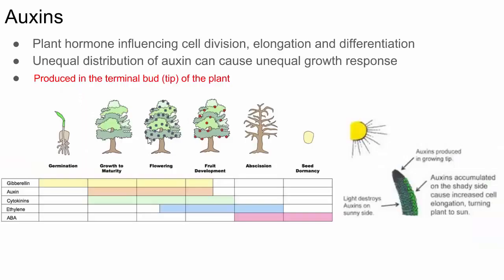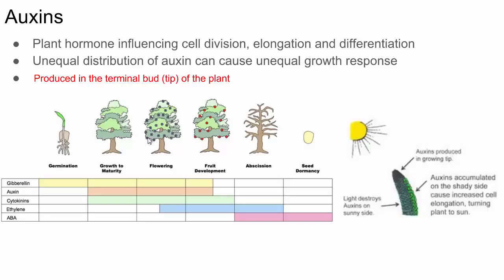So one of the main hormones in plants is auxin. Auxin stimulates cells in plants to grow, to elongate. And auxins are produced at the very growing tip, the terminal bud, it's called, of stems. Okay. And these auxins move downward in the plant tissue, and they stimulate the leaf, the stem to grow. And what happens is sunlight